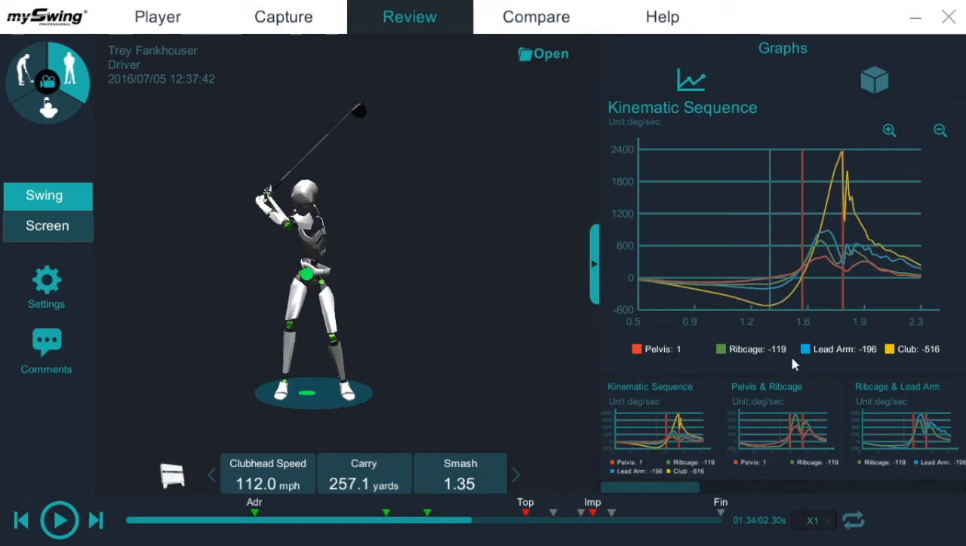The proper transition sequence is pelvis, rib cage, lead arm, and club. We want the pelvis to change direction before the rib cage. We want the rib cage to change direction before the lead arm, and then the club to change direction last. If this was backwards, if the club changed direction first, you're going to have a typical over-the-top slicer that doesn't